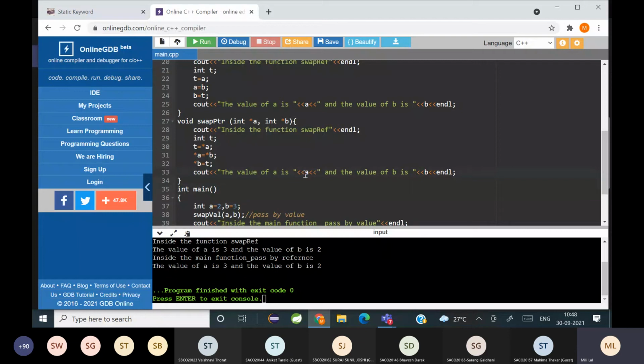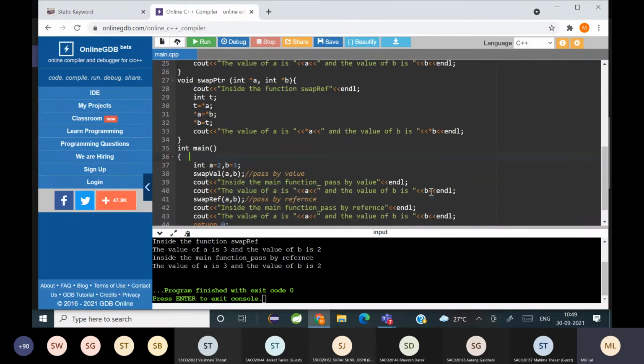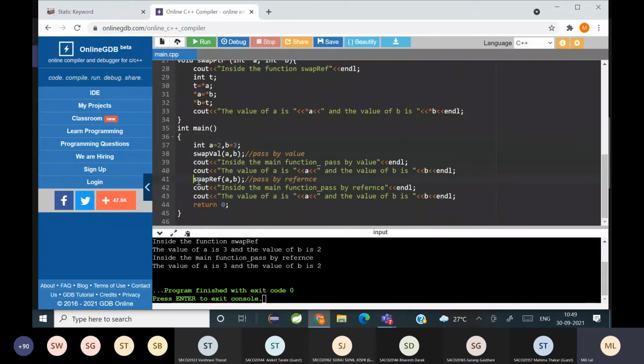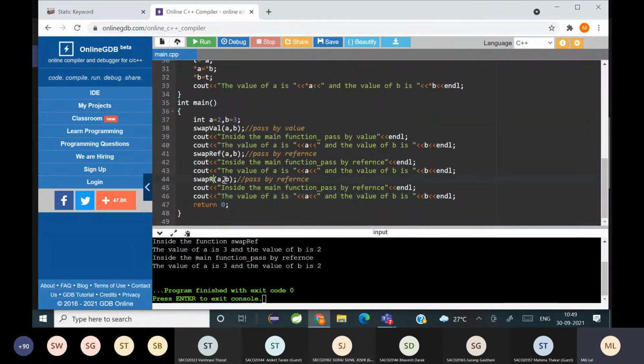And here also, if you don't use the dereference operator, it will print the address. तो यहाँ पे भी dereference operator use करना पड़ेगा. और main function में क्या changes होगा, pointer address. Instead of a and b you will pass the address here. So, pass by reference using pointers.